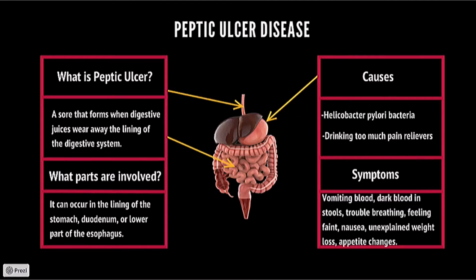These germs can enter your body and live in your digestive tract. After many years, they cause sores, called ulcers, in the lining of your stomach or the upper part of your small intestine. For some people, an infection can lead to stomach cancer. There are also other possible causes of having peptic ulcer disease. In rare cases, peptic ulcer disease can develop when you're having surgery, taking medications such as steroids, and being seriously ill from various infections or diseases.